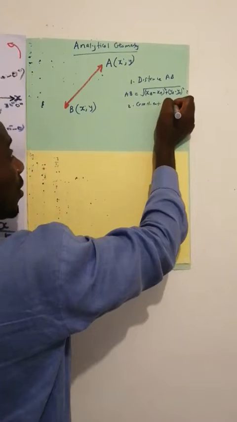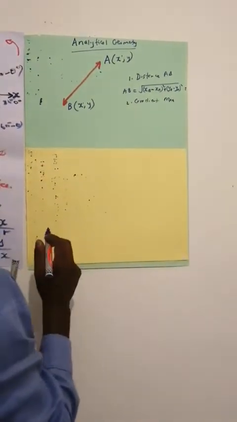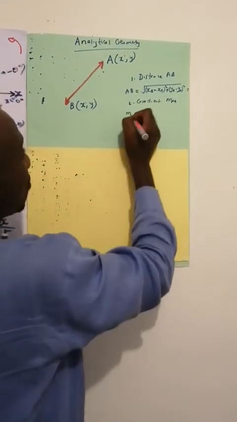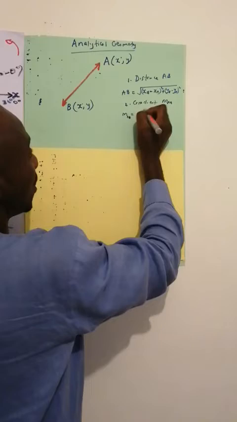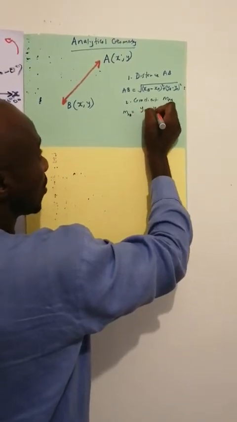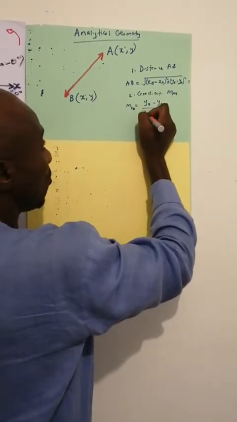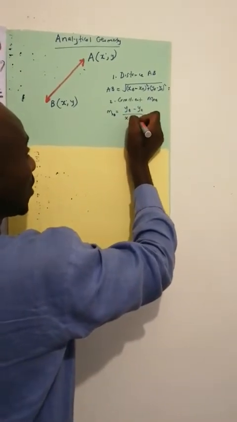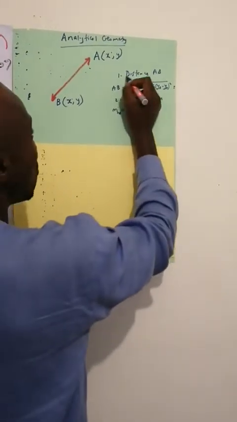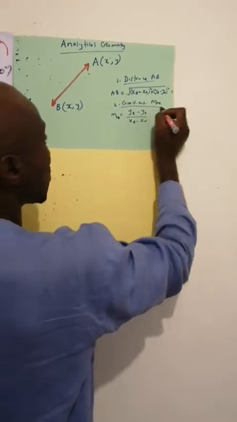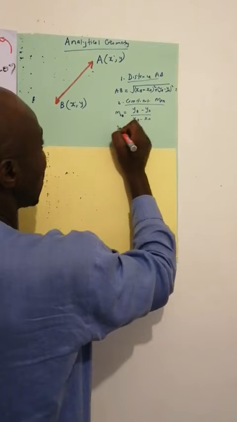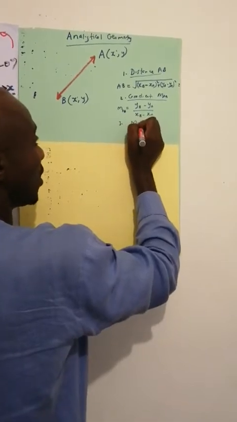M AB. How do you calculate the gradient? The gradient M AB is equal to YB minus YA over XB minus XA. The gradient, you can call it a slope or a gradient. Slope, the gradient, you know. And then we will be required to calculate the midpoint